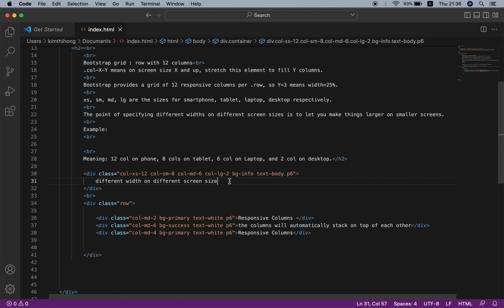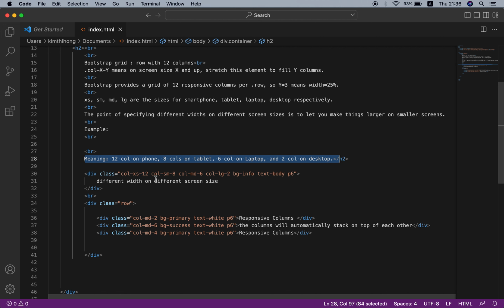Okay, so to understand this, it means that on extra small screen size, this column will span 12 columns, with small screen size, this column spans 8 columns, with medium screen size, this column spans 6 columns, and for large screen size, this column spans only 2 columns. Okay, so different width on different screen size.